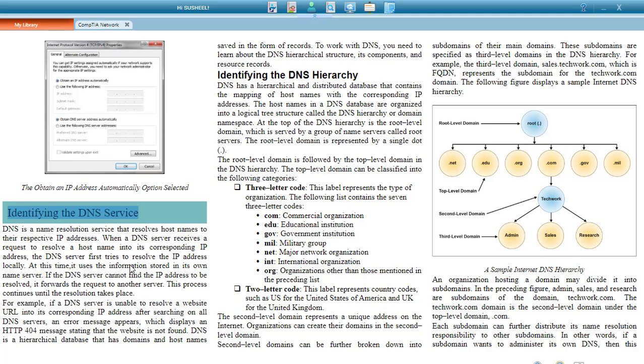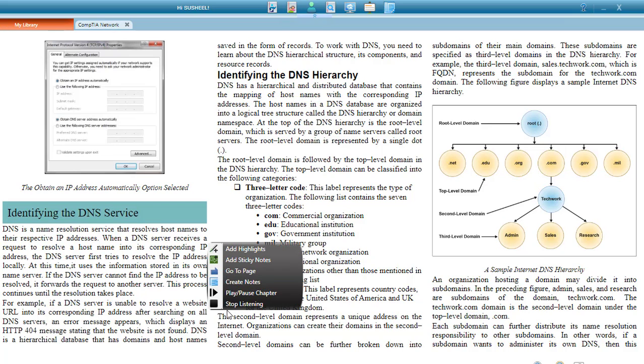Identifying the DNS service. DNS is a name resolution service that resolves host names to their respective IP addresses. When a DNS server receives a request to resolve a host name into its corresponding IP address, the DNS server first tries to resolve the IP address locally. At this time it uses the information stored in its own name server. If the DNS server cannot find the IP address to be resolved, it forwards the request to another server. This process continues until the resolution takes place. For example, if a